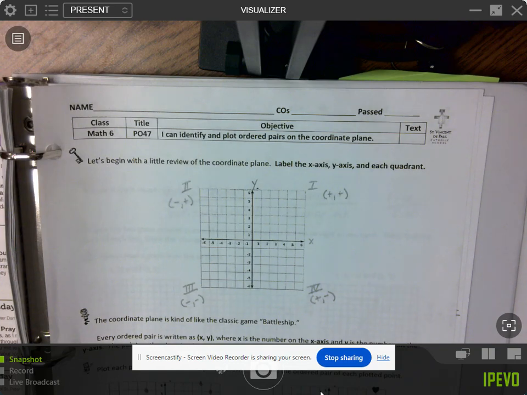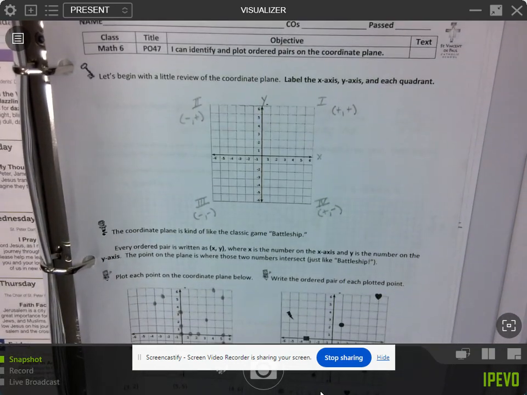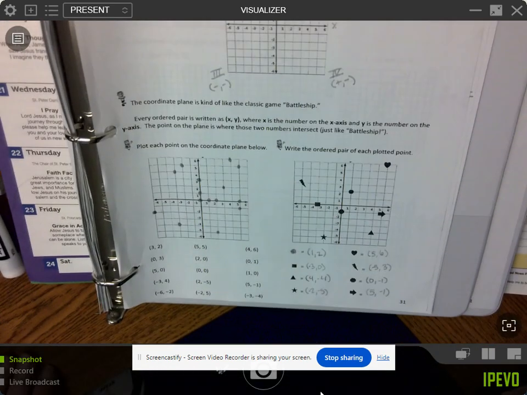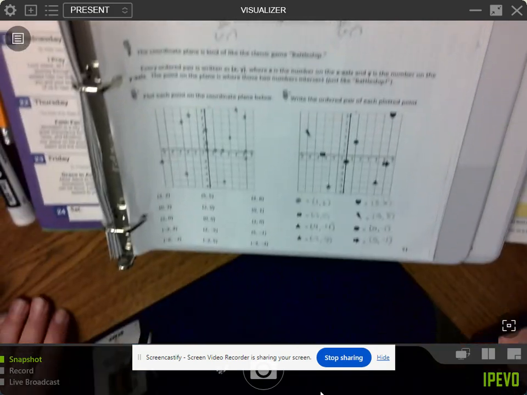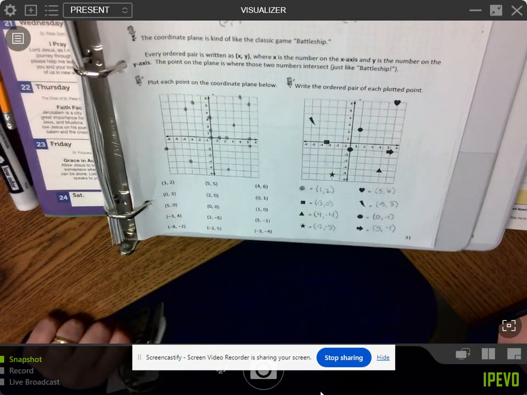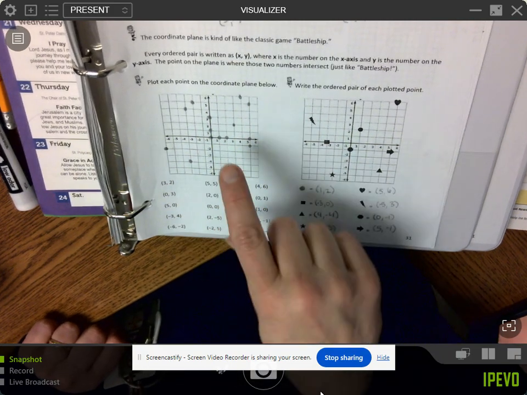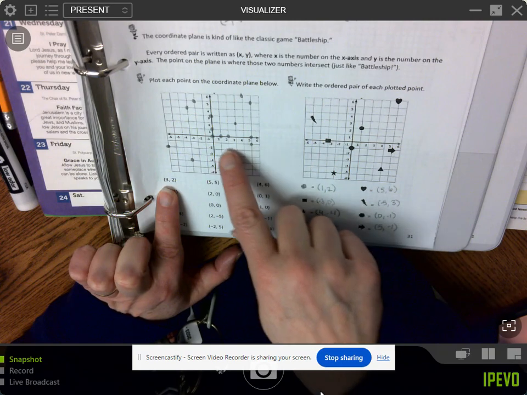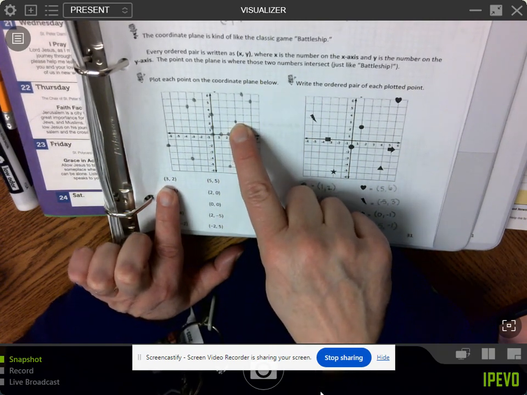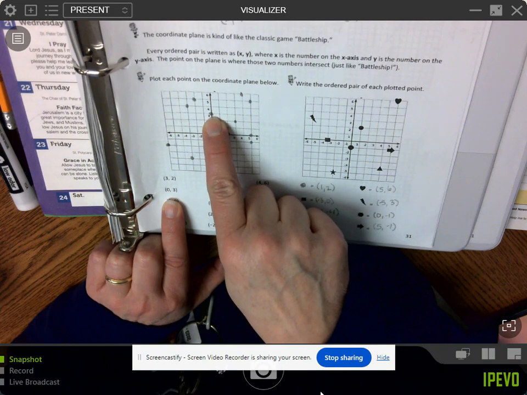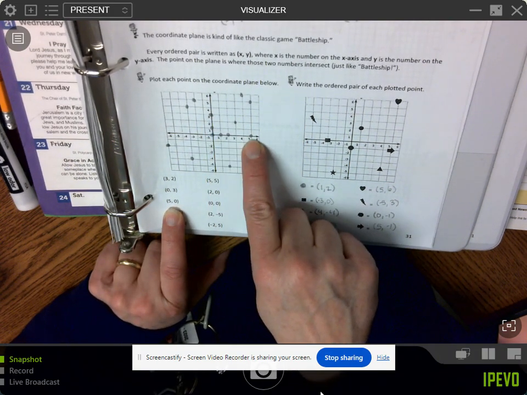Good morning. Today we are correcting PO47 and CO48. So PO47, we had to plot our points and then write the ordered pairs of the plotted points. So looking at our graph, (3, 2) would be up here, (0, 3) would be here, (5, 0) is here,